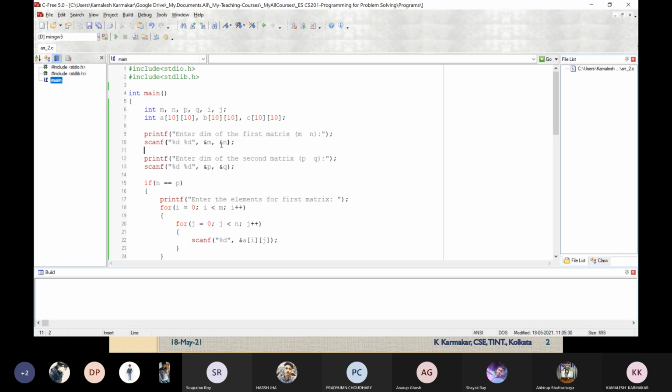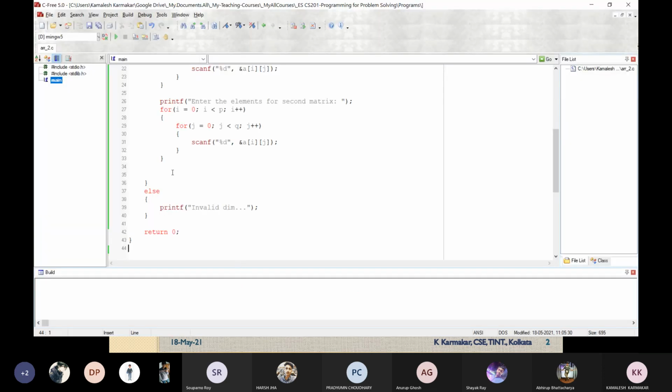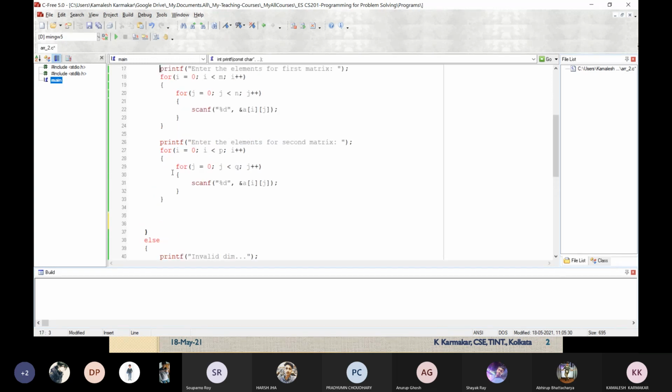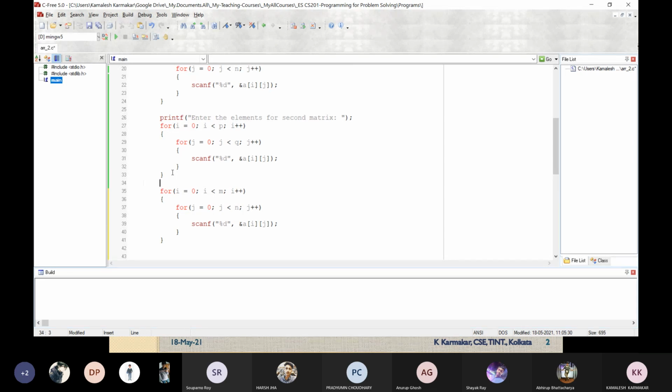So what will be the logic for multiplication? Let us come here. I have to calculate Cij. For each and every row and every column, I have to calculate this Cij. So if I want to calculate Cij, I have to run a loop. This loop will run in a similar way. I will just copy it at this moment and modify it, because otherwise I have to write the same thing. So here I am writing the logic of multiplication.